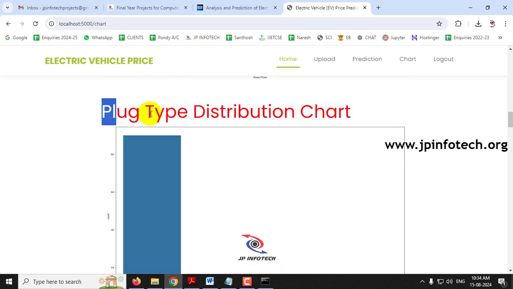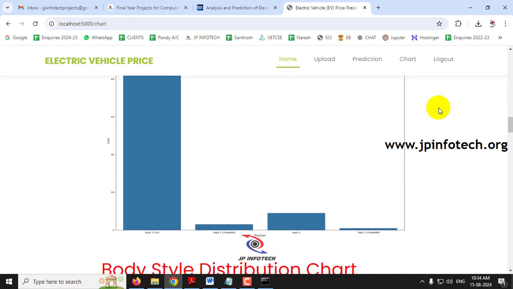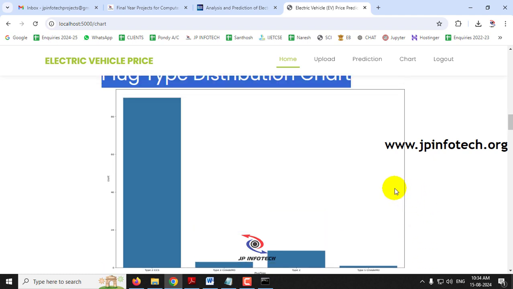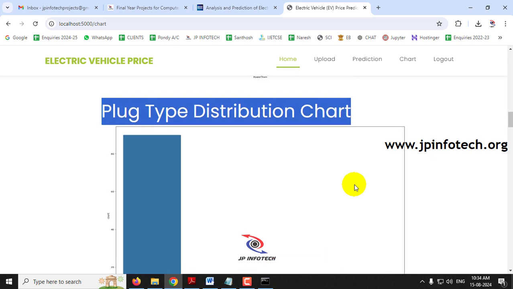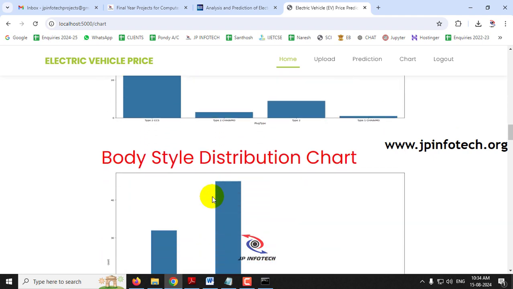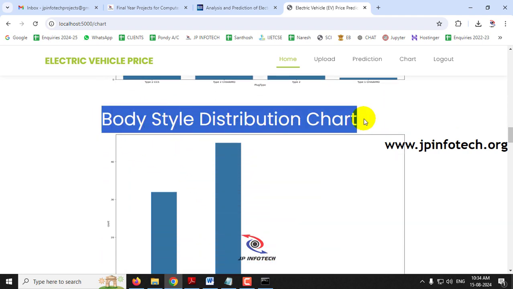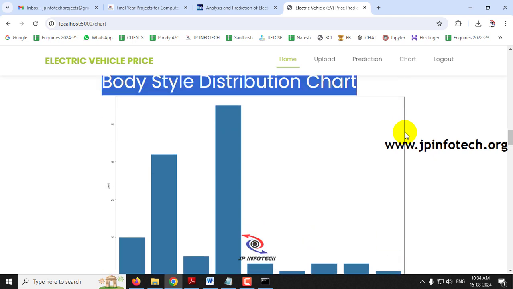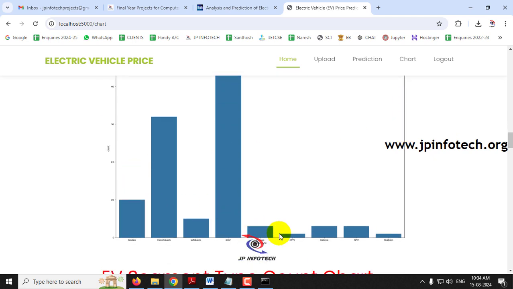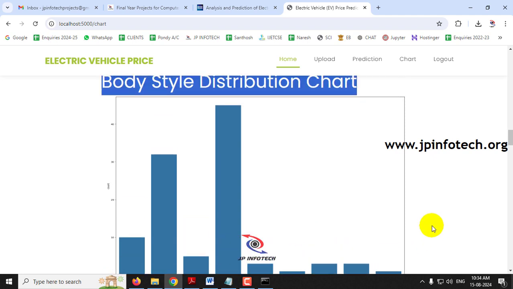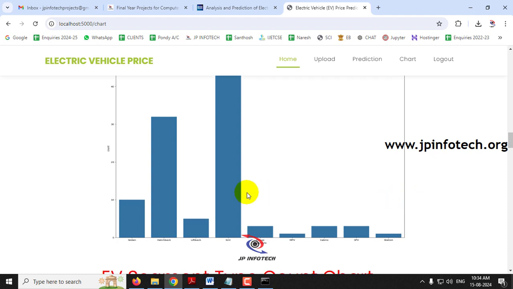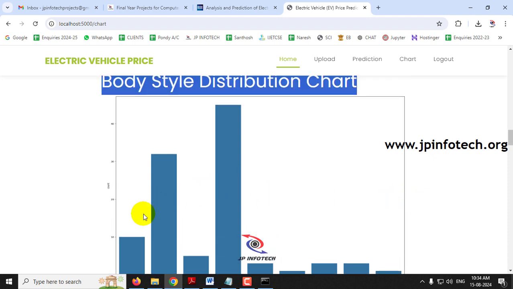Next comes the plug type distribution chart. So there are 4 plug types, type 2 CCS, type 2 CHAdeMO, type 2 and type 1. So here you can see most of the plug types are type 2 CCS. Next comes the body style distribution chart. So here you can see the body styles like sedan, hatchback, SUV. Most of the data set which we have trained contains the SUV, then comes the hatchback and the sedan